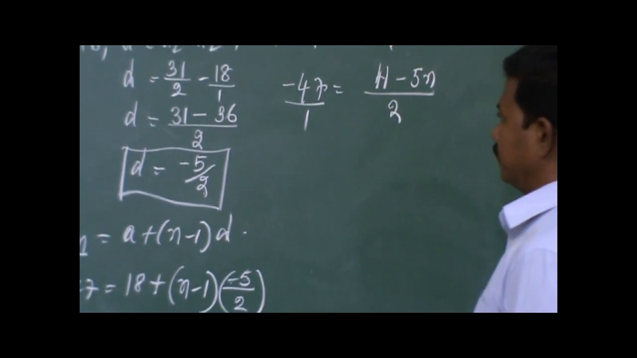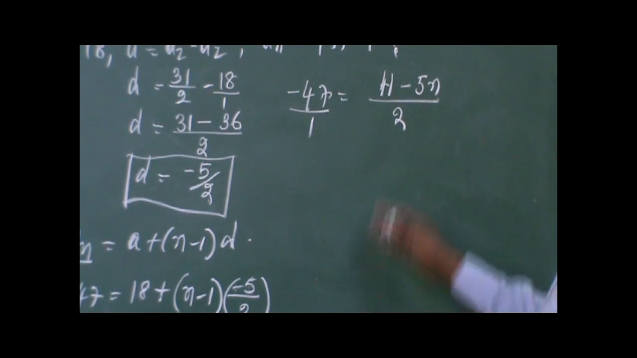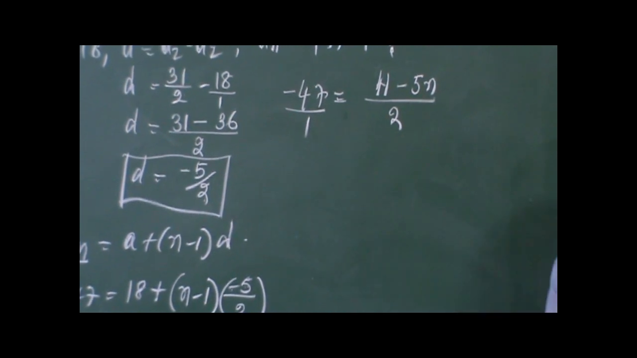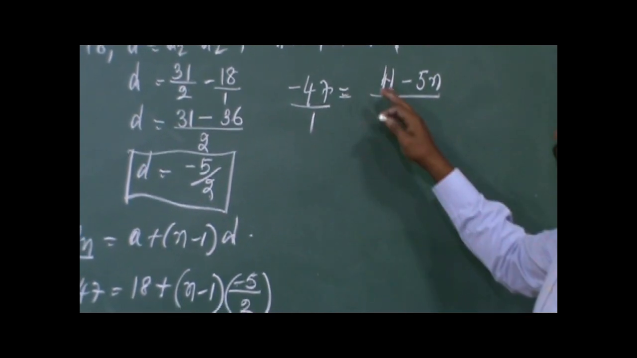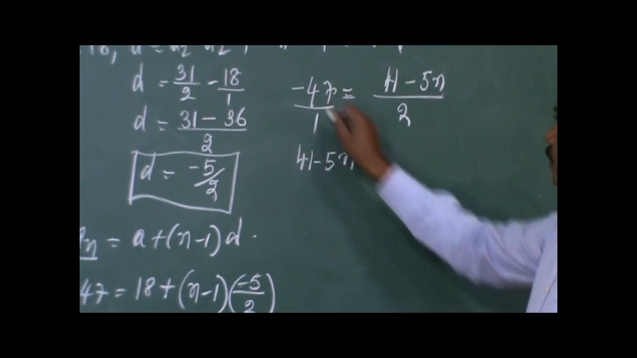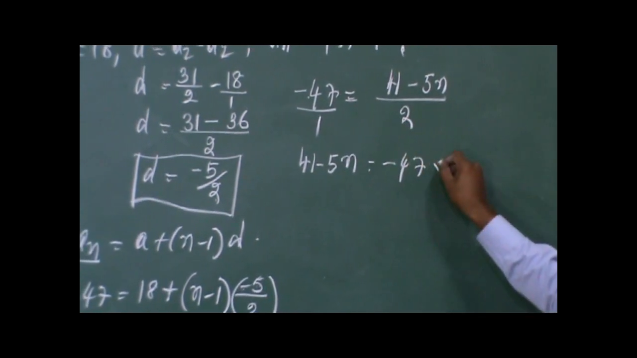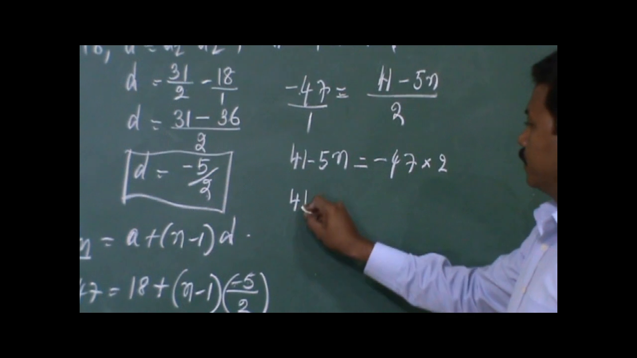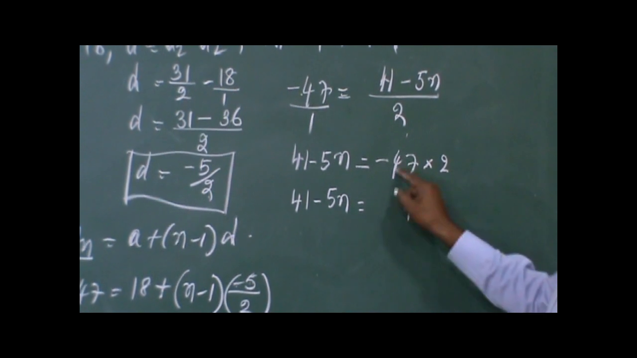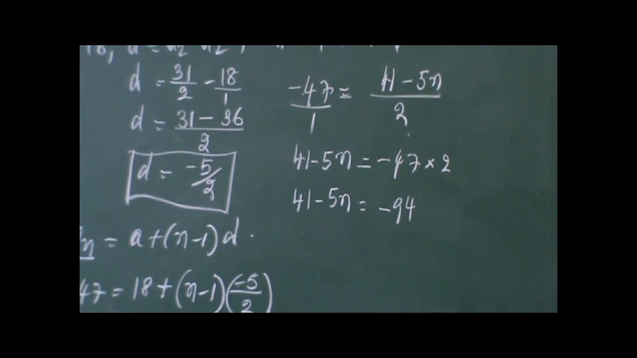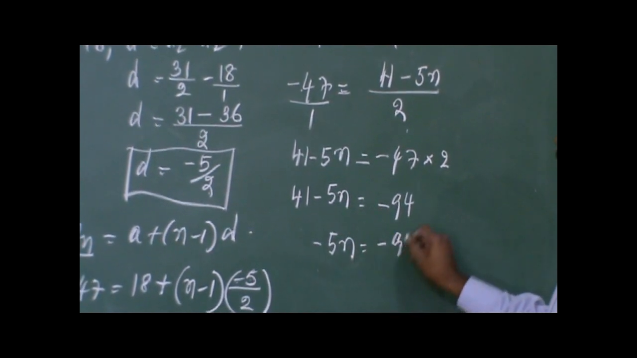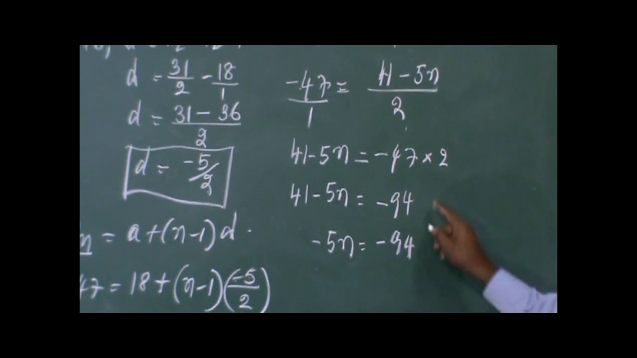So below minus 47 we have 1 in the denominator. When two fractions are separated by an equal sign, you can go with cross multiplication. So please go with cross multiplication. 41 minus 5n into 1 is 41 minus 5n, which is equal to minus 47 into 2. So 2 7s are 14, 4 2s are 8, 1 9, that is minus 94. So again, minus 5n is equal to minus 94 plus 41, when transposed to the RHS it is going to become